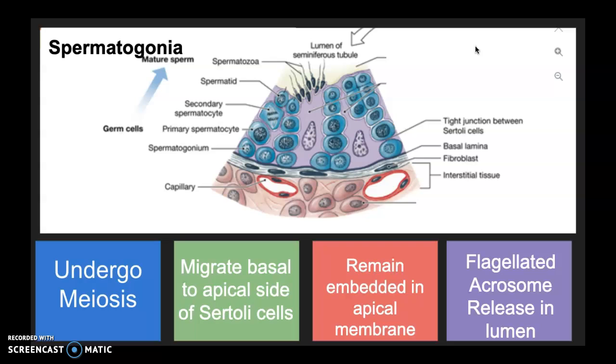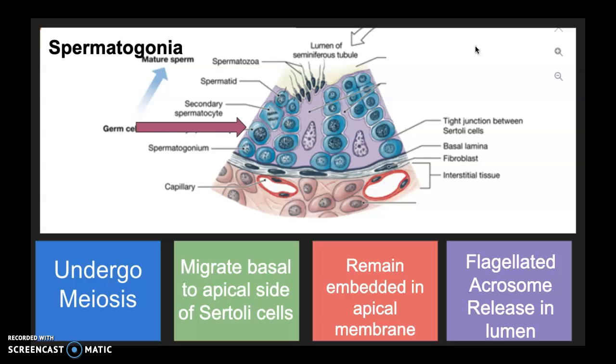Interestingly, these cells start near the basal lamina. And some of these cells undergo mitosis to produce more spermatogonia, while others begin the actual process of meiosis to become spermatocytes. Those that begin this meiotic division are called primary spermatocytes, and as they mature, these primary spermatocytes will